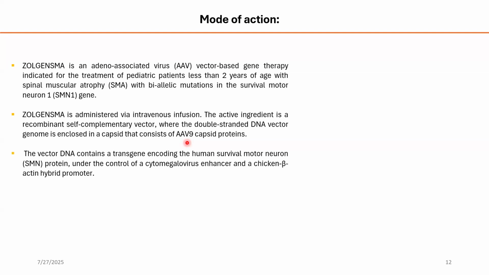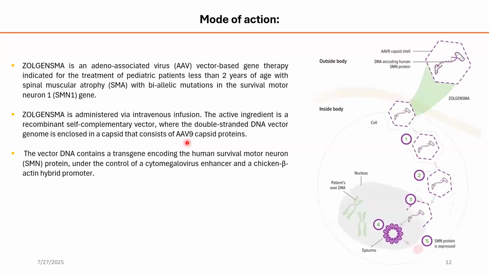The vector DNA contains a transgene encoding the human survival motor neuron SMN protein under the control of the cytomegalovirus enhancer and chicken beta actin hybrid promoter. So here you can see how it works. You have the AAV virus with the DNA, which is a double-stranded DNA genome. They are self-complementary, and this genome is now packaged into the AAV9 virus, and it is introduced into the